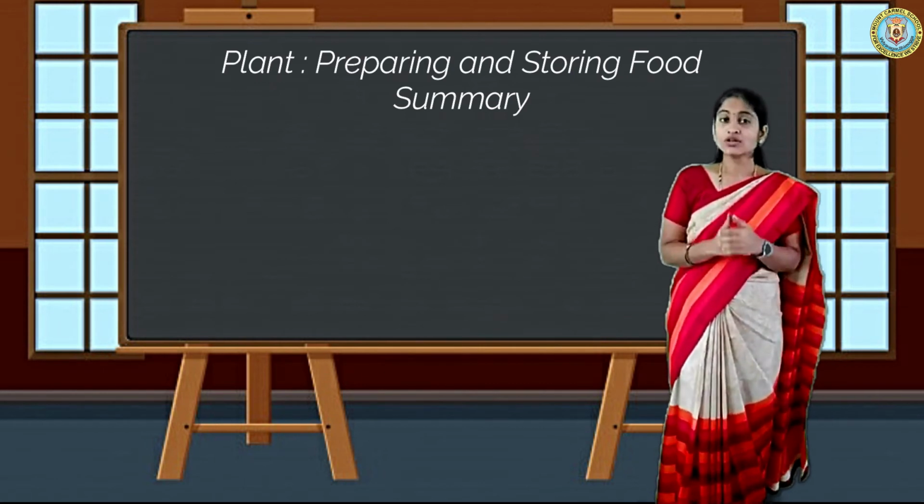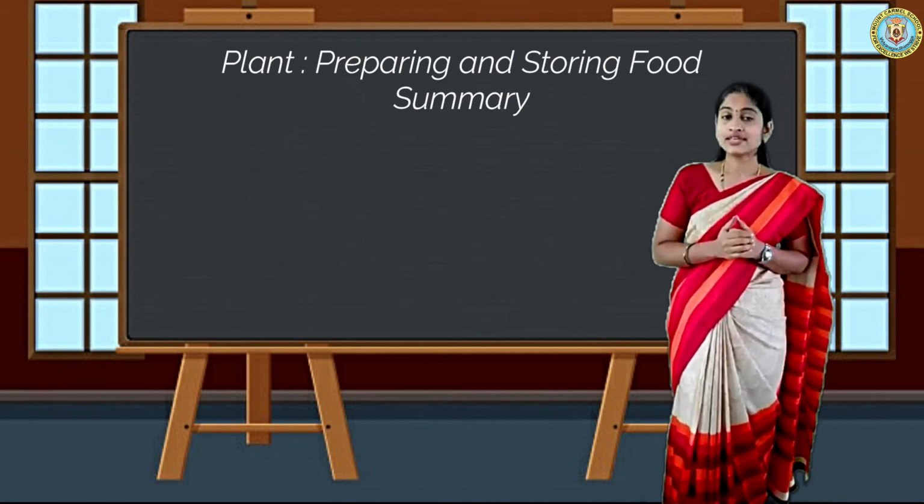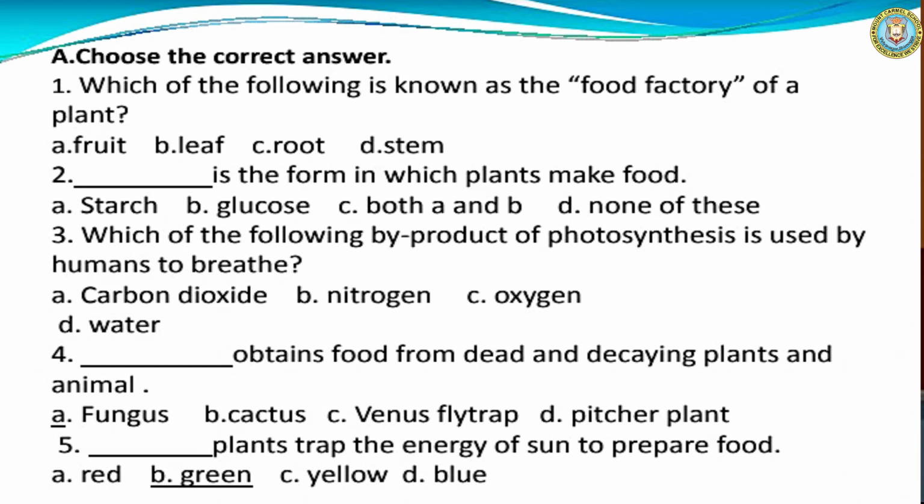Now let us move on to the exercise work. In the exercise work, we will see each and every question one by one. On your screen, one main question will appear. See, A is to choose the correct answers. In this, 4 options are there, and among these 4 options, you have to choose the correct option. One by one, I am going to read the question, and you have to give me the answer. This is the simplest one. You know, you can give the answer correctly.